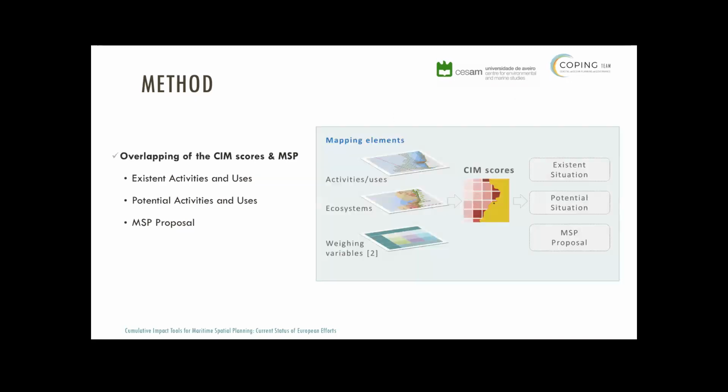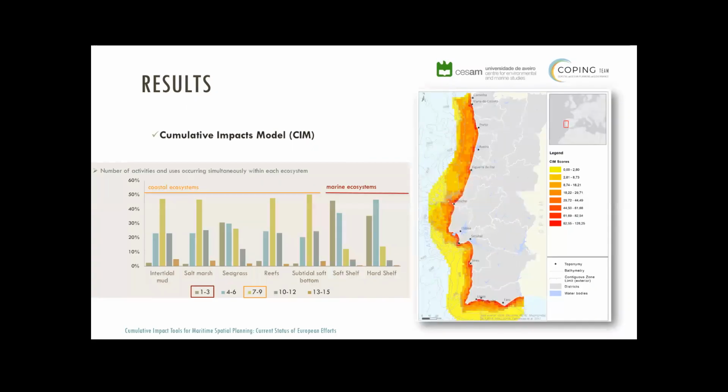Afterwards, we overlapped our cumulative impact scores with the MESP exercise that we had. This MESP exercise presented a specialization of the existing activities, the potential activities, and an MESP proposal. Results: we presented a map with index scores, where we could see that coastal areas were suffering high impacts, and these were